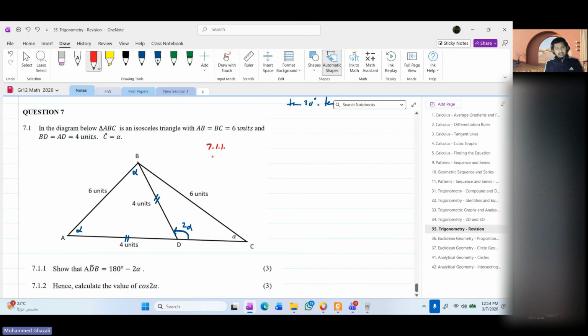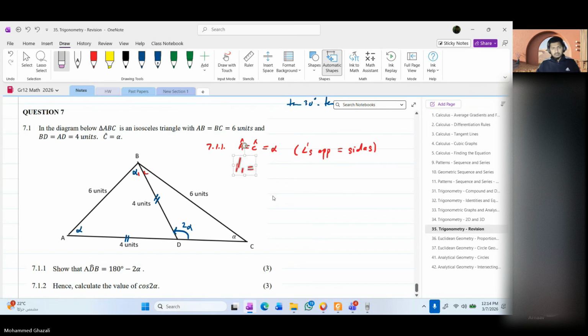7.1.1. The first part, what did we say? We said angle A is equal to angle C is equal to alpha. Why? Angles opposite equal sides. Then we said angle B1, B2. And we said angle B1 is equal to,